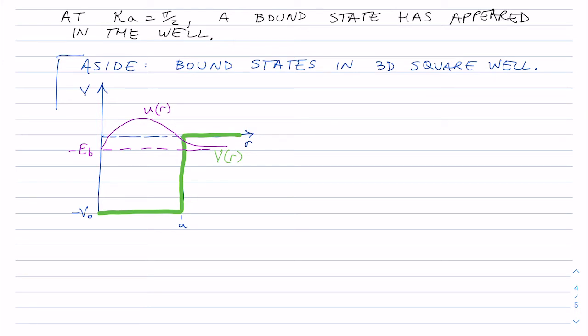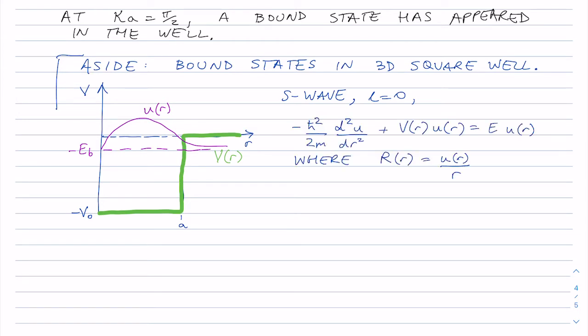Now we're only interested in L equals 0 S wave functions. So the Schrödinger equation is going to be, so now we've actually got it back down to effectively a one-dimensional problem. So the solutions to this are,